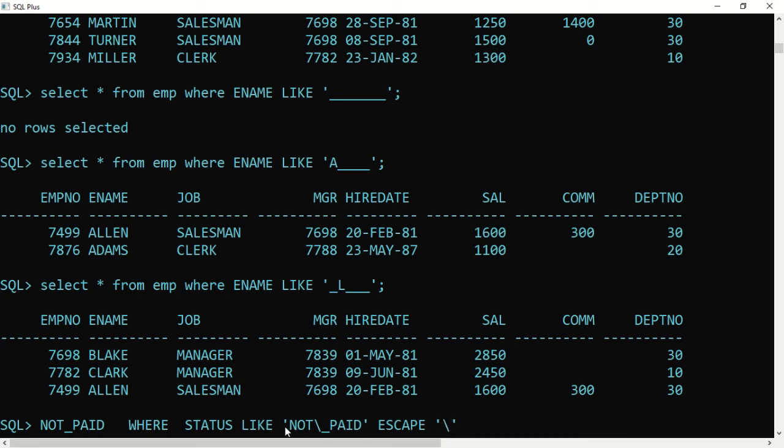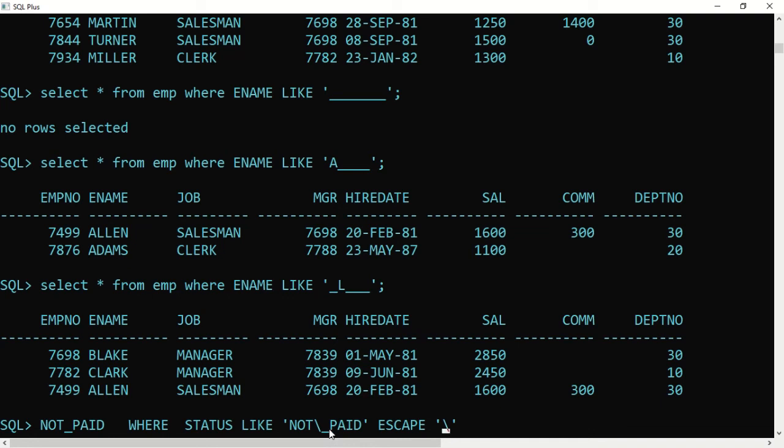It means in the like search condition, if you find any slash, immediately any character following that slash should be treated as a normal character. It is not a wildcard character. So anything following that slash, please consider as a normal character.